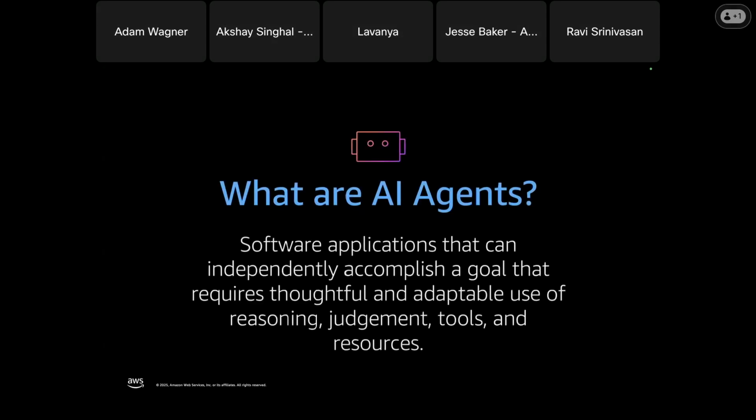So what are AI agents? We have a definition here: software applications that can independently accomplish a goal that requires thoughtful and adaptable use of reasoning, judgment, tools, and resources. So again, they're software applications. It's not magic.